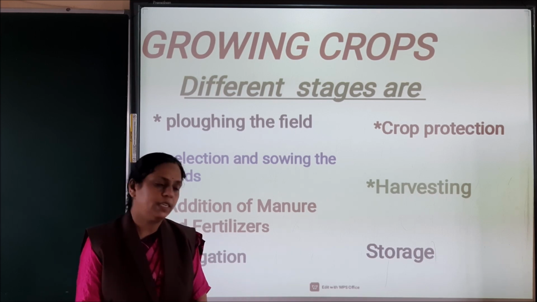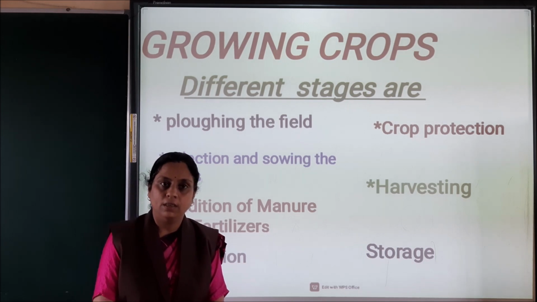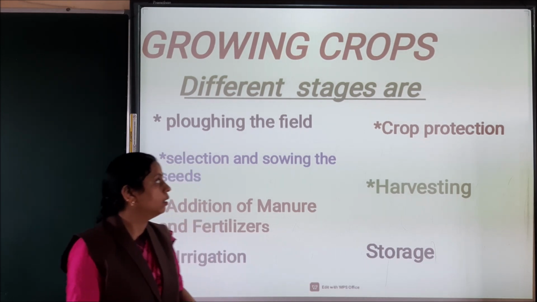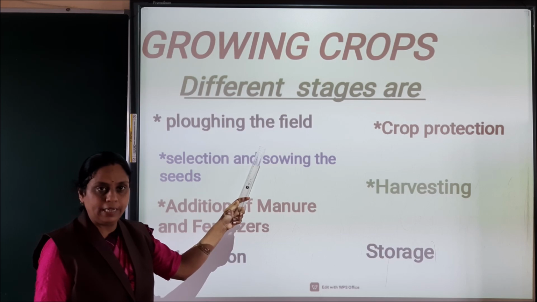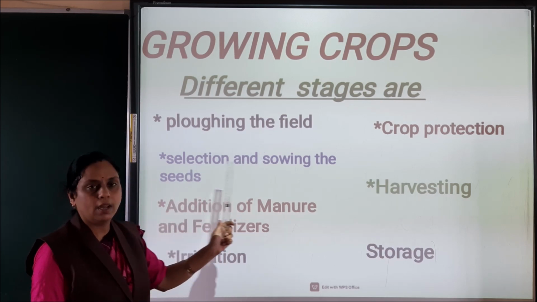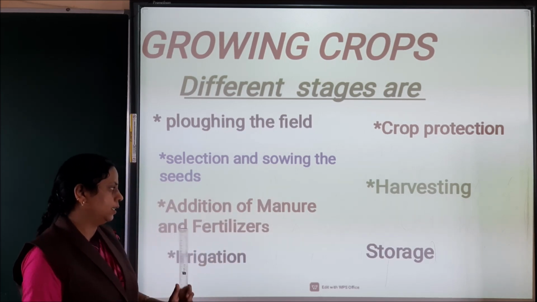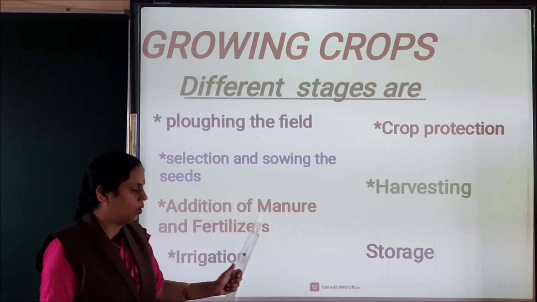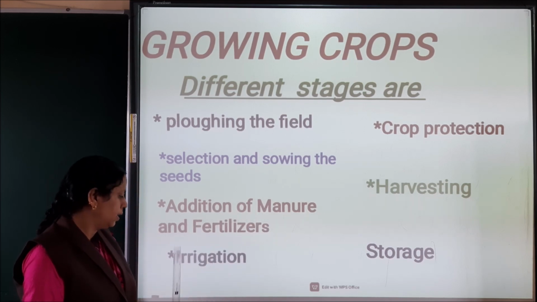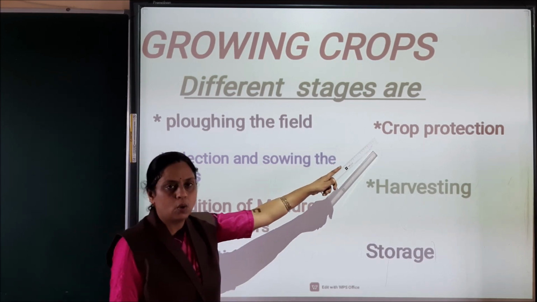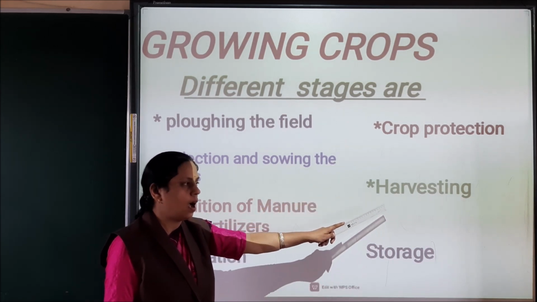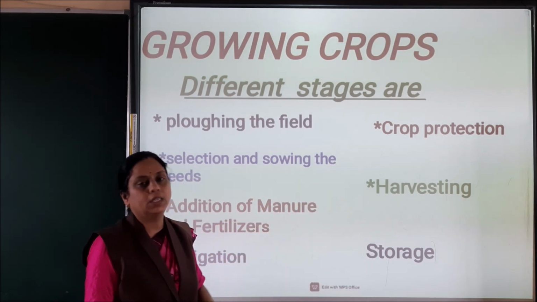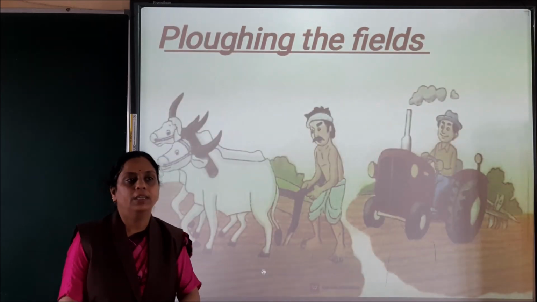So the various stages of growing the crops are plowing the field, selection and sowing the seeds, addition of manure and fertilizers, irrigation, crop protection, harvesting, storage. Now first is plowing